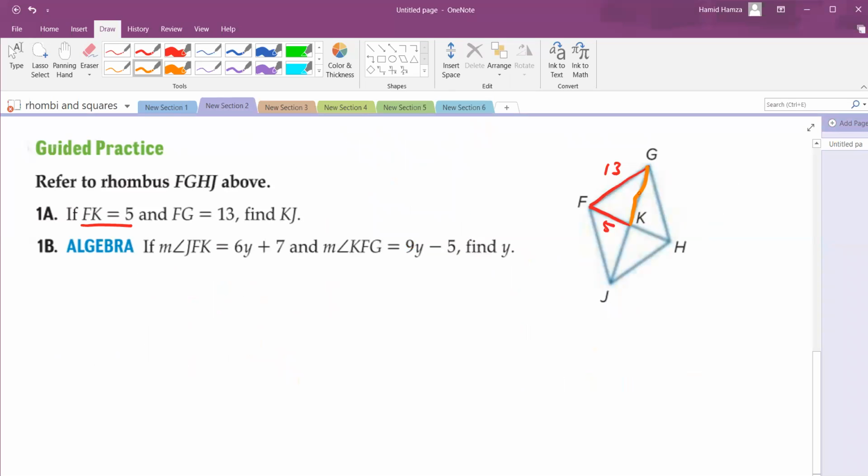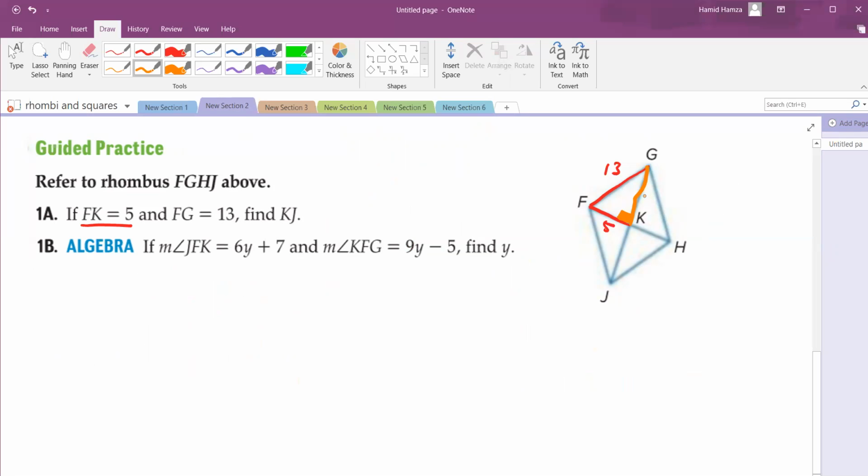You will notice that I drew a triangle. And you know that the diagonals are perpendicular. That means this angle is 90 degrees. That means we are in a right triangle. And I asked you to find